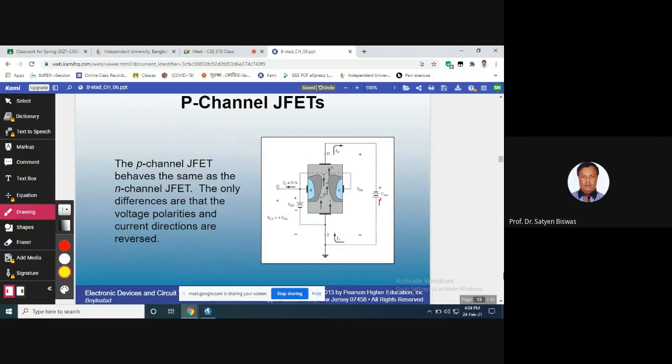Okay, now you see exactly the same way. The holes are flowing in this direction, and the voltage is higher on the bottom side, the source side, and lower on the upper side. And what about here in the gate? Look at this. It says VGS, because as a gate